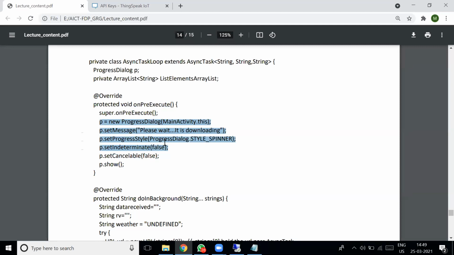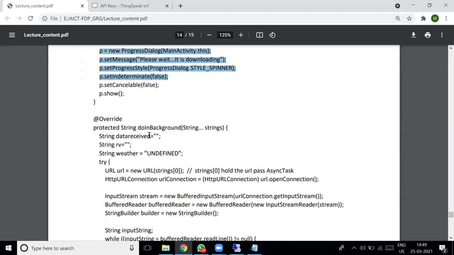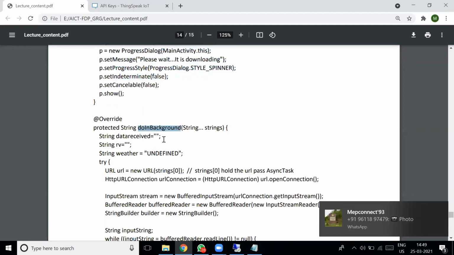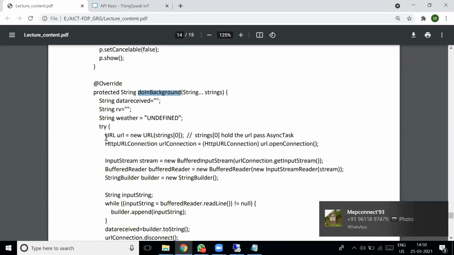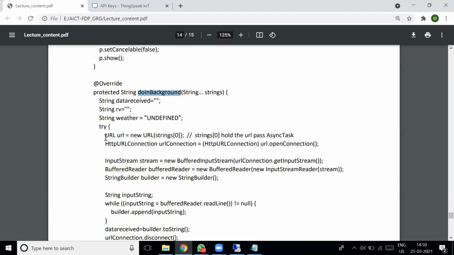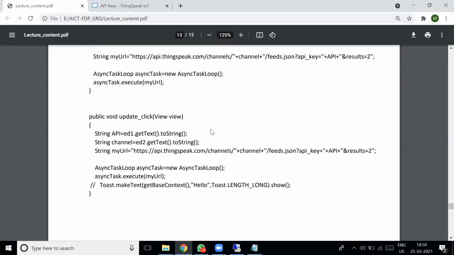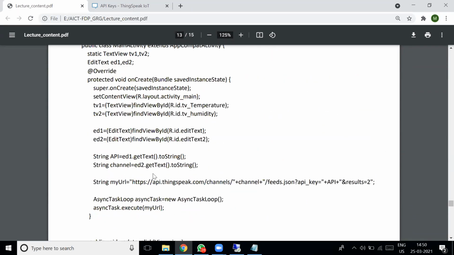Once the connection is established with the cloud, it will call the doInBackground method. The doInBackground method will actually send an HTTP request to your cloud. That is done by the URL class: URL equal to new URL, with the string[0] containing the URL we pass to this function.